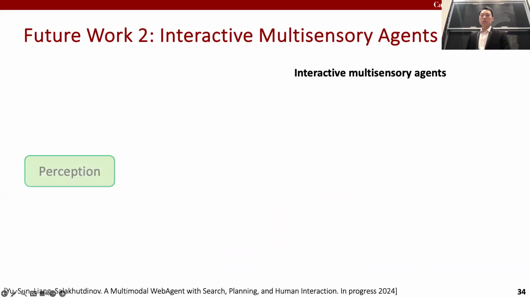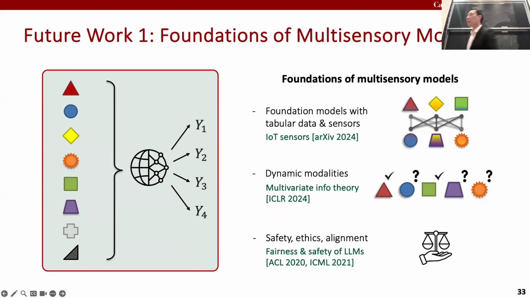And finally, questions concerning safety, ethics, and alignment. You've already seen cases where LLMs will be unfair or unsafe. That's just one modality. But as we start equipping these models with the capability to process images or generate images, there are more sources of bias that may happen. So we're building some ways to make sure these LLMs are more safe, but also how we make sure these multimodal models that we train are safe and aligned.